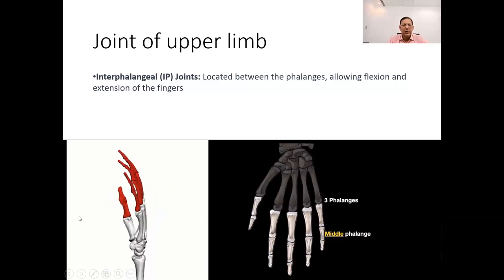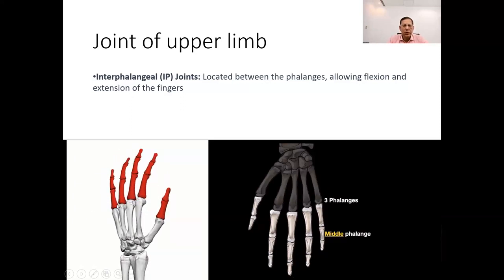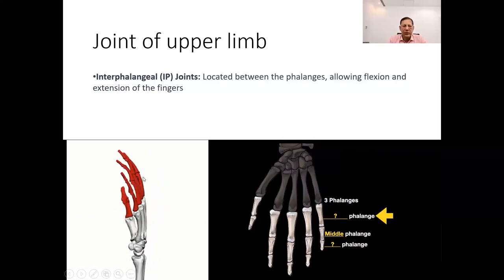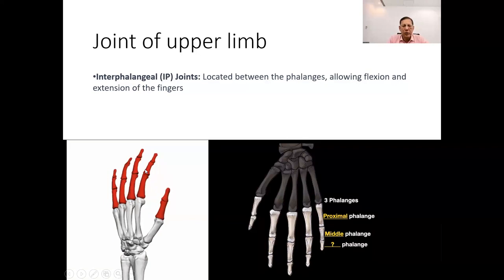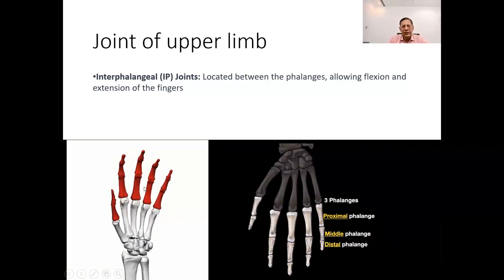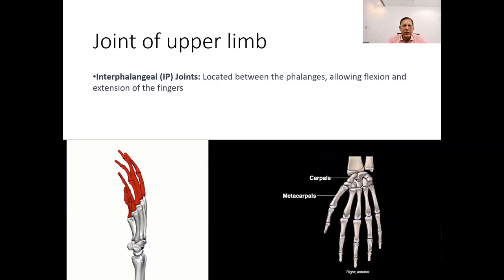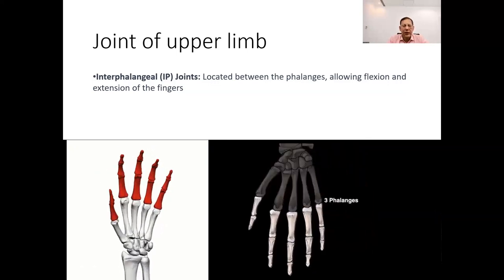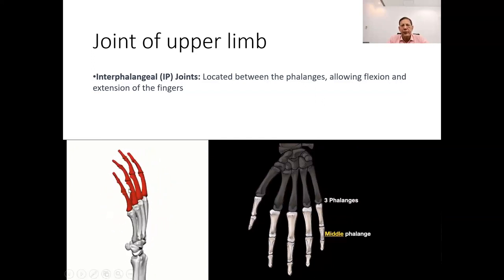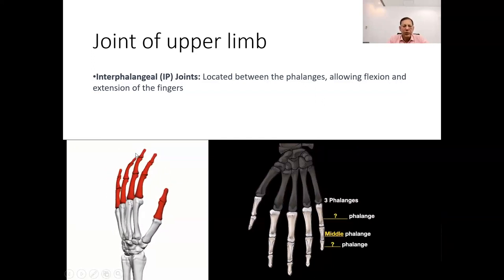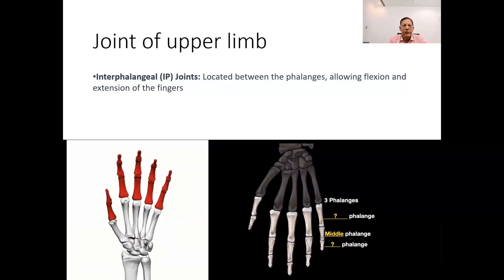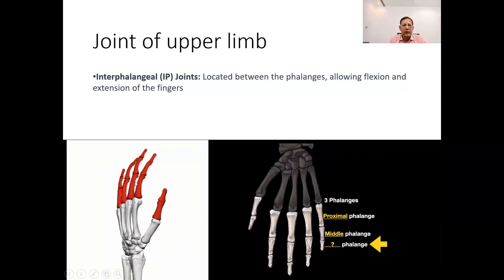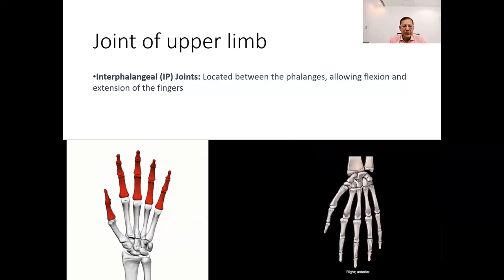The proximal interphalangeal joints are located between the proximal and the middle phalanges of the fingers, also called PIP joints, proximal interphalangeal. The distal interphalangeal joints are located between the middle and the distal phalanges of the fingers. The primary function of the interphalangeal joints is to facilitate the flexion, extension,